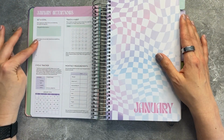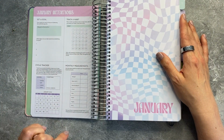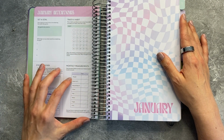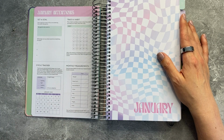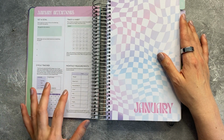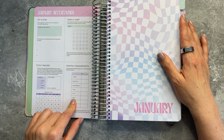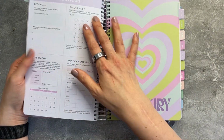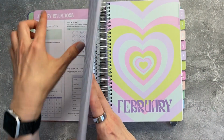So this is January intentions. You can set a goal, track a habit, I guess track your period, do measurements, and that's interesting. Body fat percentage, unless your scale does that, which I think mine does. I just haven't set it up, but I don't know. I really don't think that's very accurate, but I do like that you can do your measurements and track your weight every month. And it looks like, if we skip ahead, yes, every month looks the same